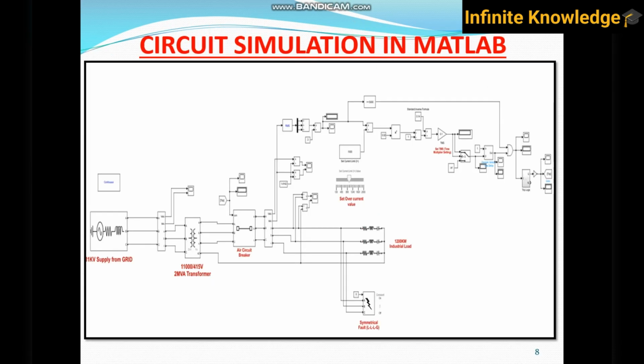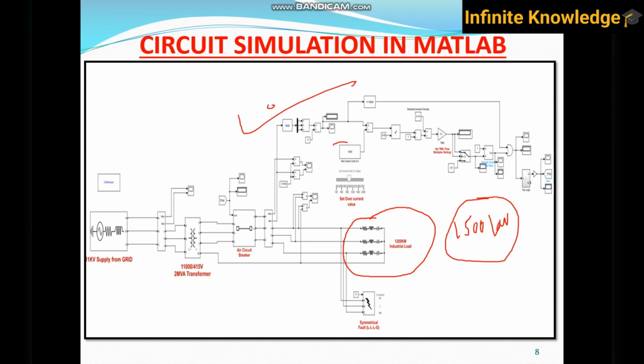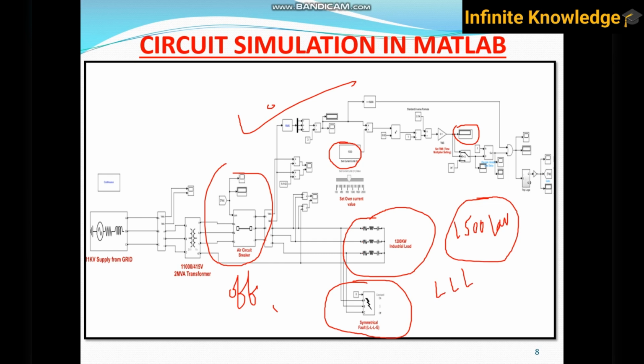Okay, so this is a MATLAB simulation graph. In normal condition, a 1200 kilowatt load is there. If the load is increased to 1500 kilowatt in any adverse circumstance, then it's an overload condition, and during this overload condition, the IDMT relay comes into the picture, and after a particular amount of time, my breaker will get off. And here one symmetrical fault is developed,